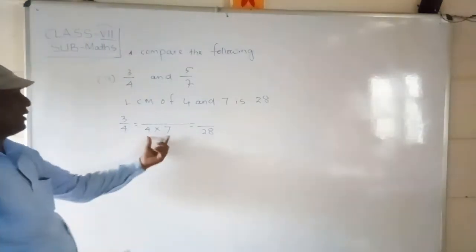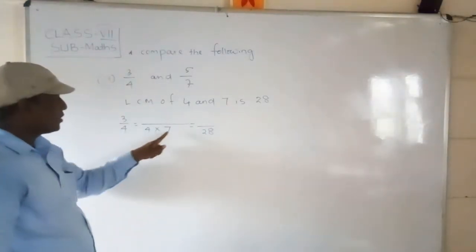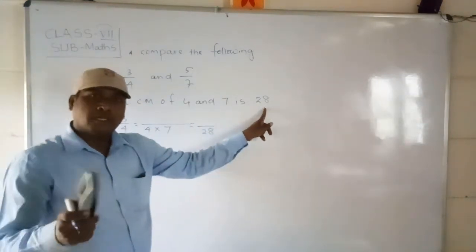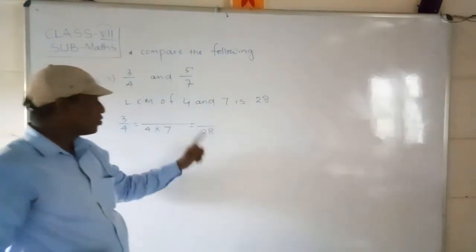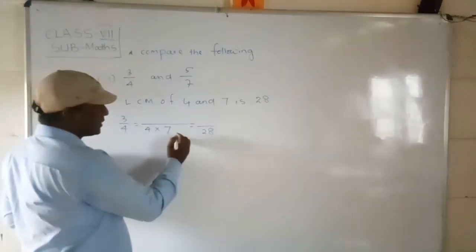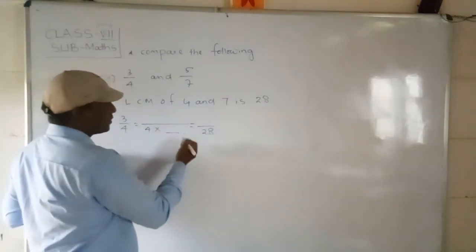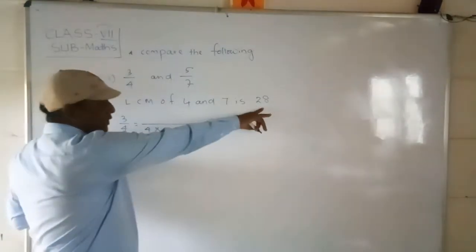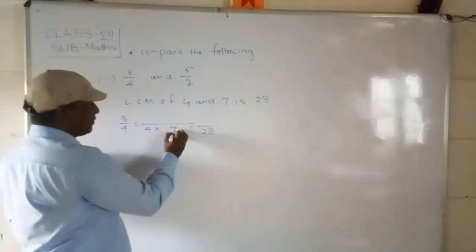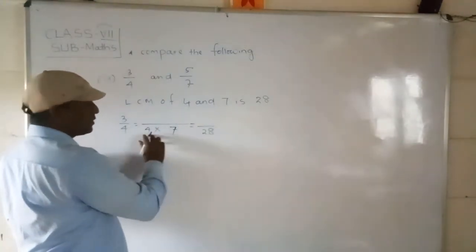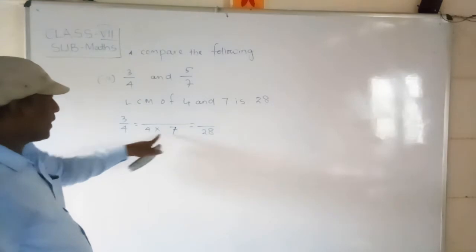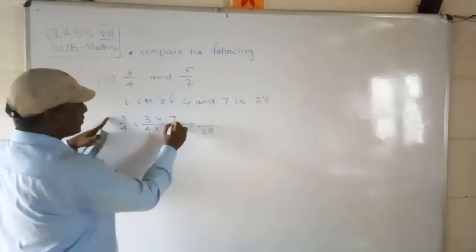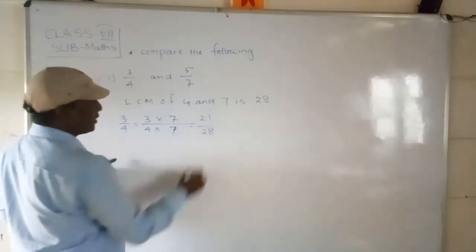Observe here, this one is very important. How will that 7 come? Now the denominator must be 28, because whatever the LCM is, that should be the denominator. So 4 into what is equal to 28? In the 4 table, where is 28? Compulsorily it will come, because you have already taken the LCM. So 4 sevens are 28. Are you clear? Now if you have multiplied the denominator with 7, then the numerator 3 also must be multiplied with 7. 3 sevens are 21. Are you clear?